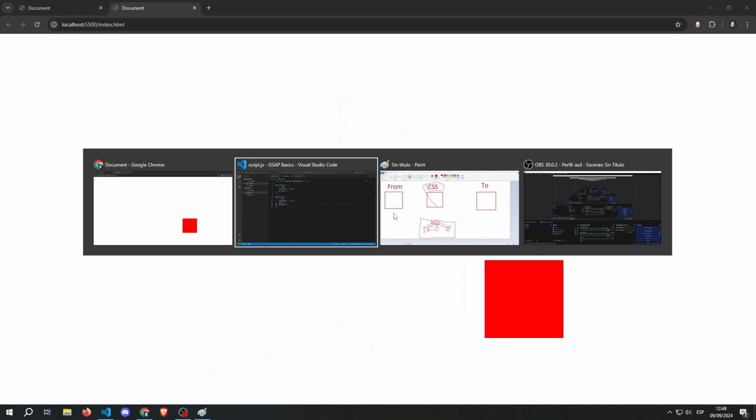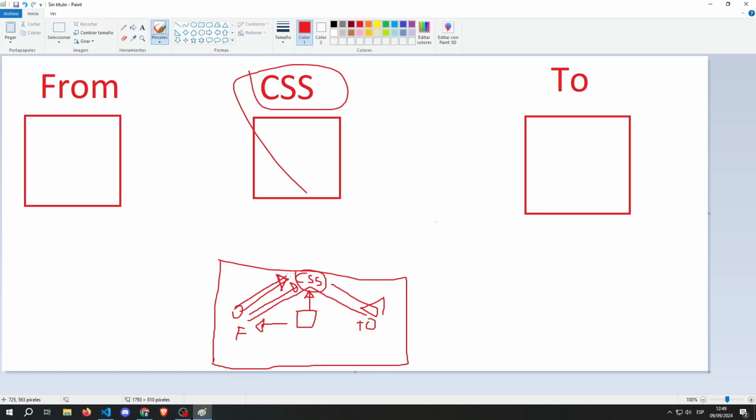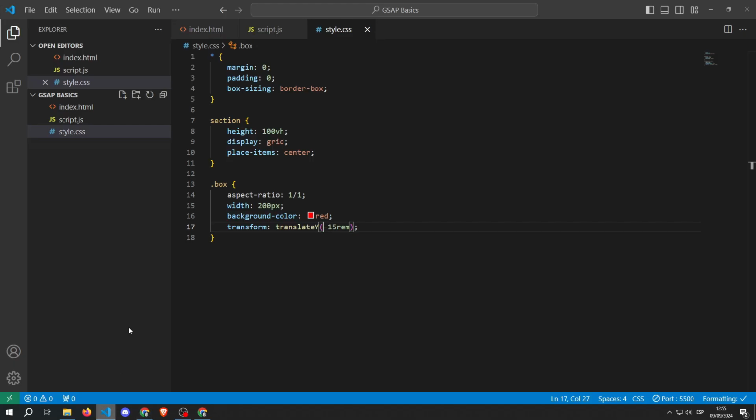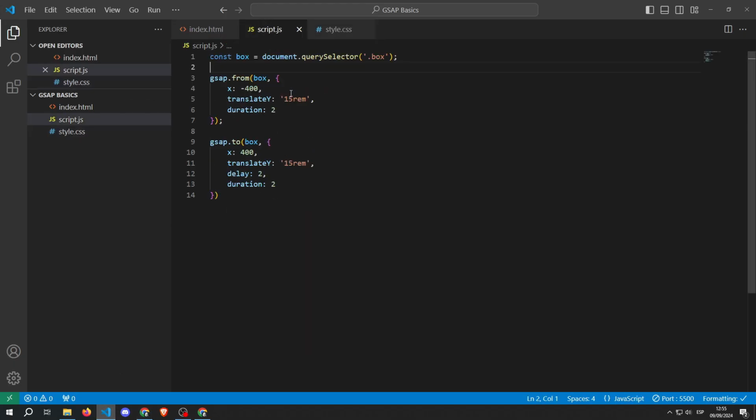And now it's working. As you can see, now we have the entire sequence. So how can we actually fix this issue, that the box is showing there for a split second? There are a lot of ways to do this, but my favorite way is to set these values in the